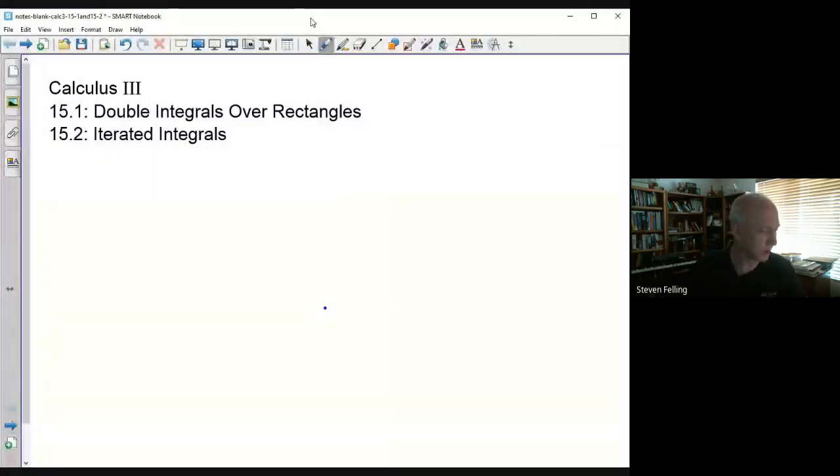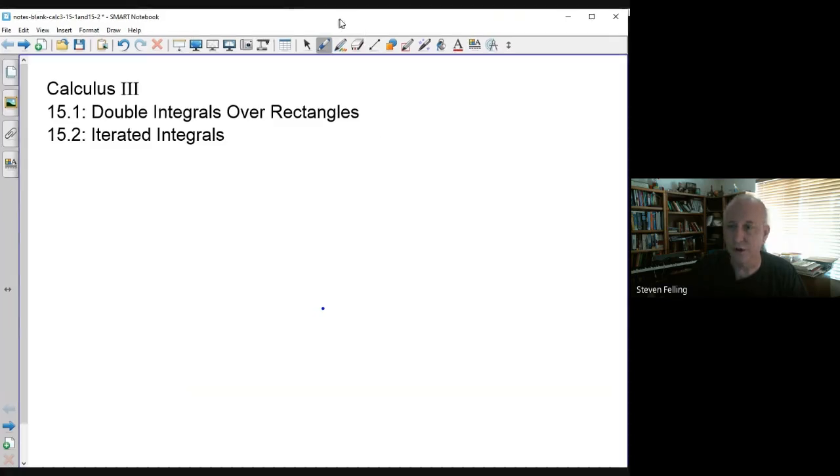All right, so let's take a look at the notes for section 15.1 and 2. 1 is very short. 2 is where most of the work is, and homework for this will be in both section 15.1 and 15.2. All right, so let's talk about what is a